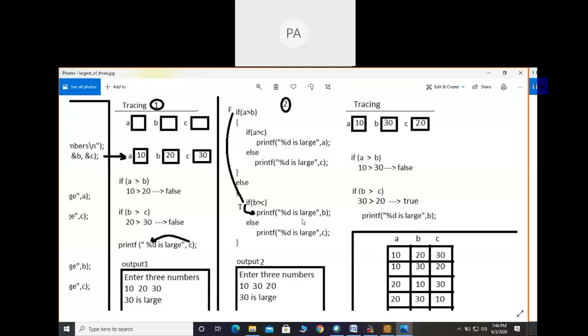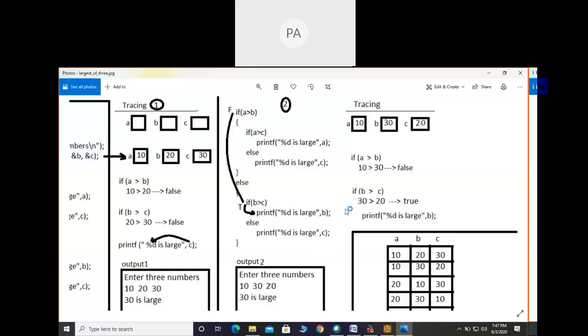The logic is correct, but the output message is wrong. The c value is 20, so it prints 20 is large. While calculating, it has calculated correctly, but while printing the message, it will be wrong if you change the variable names here. In case of the %d format specifier, the b value is substituted. So it prints 30 is large.